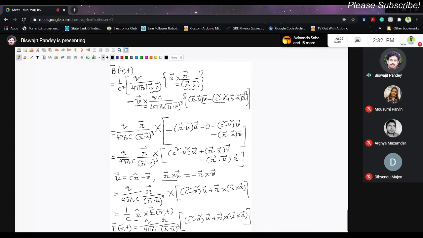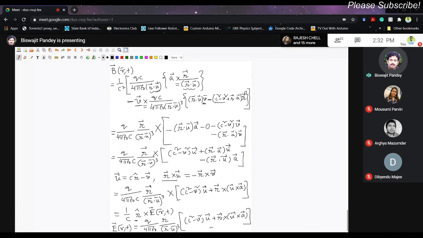So these two formulas are very important, and you just need to remember one of them; you can get the other. If you remember the electric field, you can write down the expression for the magnetic field without calculating it separately. This has to be remembered, as you have seen that this is a quite lengthy derivation. It is very difficult to derive in a trivial manner. So there is no way other than remembering the expression for dealing with any problem which deals with radiation from moving point charges.